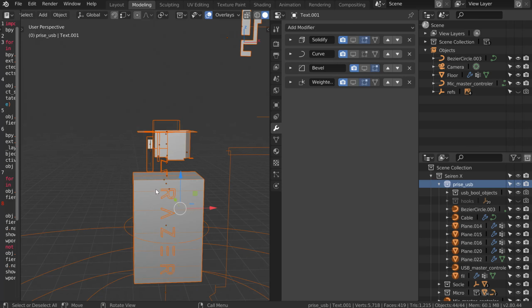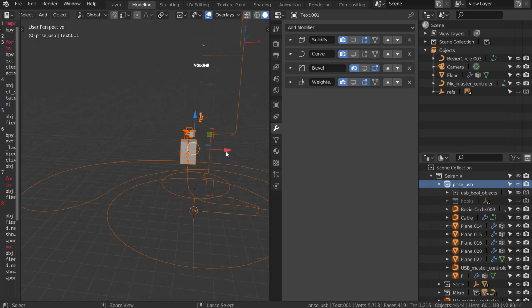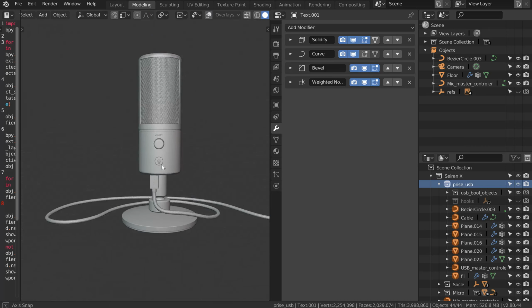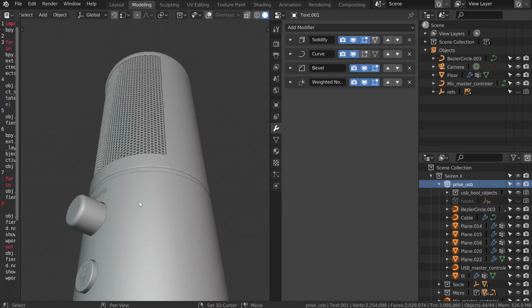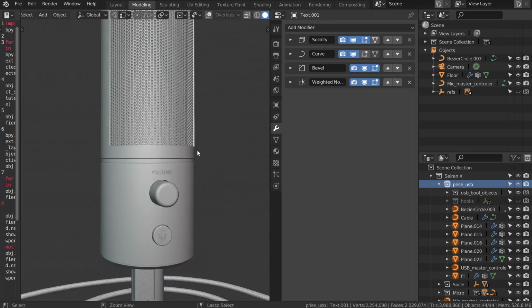Solidify should have been okay, but I needed to add some lines correctly on the text to have something correct. But as you can see, all of this is just that, and everything is perfect. Absolutely everything is perfect. I don't have any issue on the normals or else.